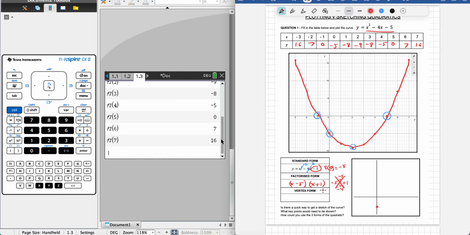Okay, so how does that help us? Well, for our factorized form, I know if I set each of these factors, x minus 5 and x plus 1, individually equal to 0, so I'll do this off to the side here, x minus 5 equals 0. If I solve this for x, I get x equals 5. And independently, I can set x plus 1 equal to 0, and if I solve that for x,